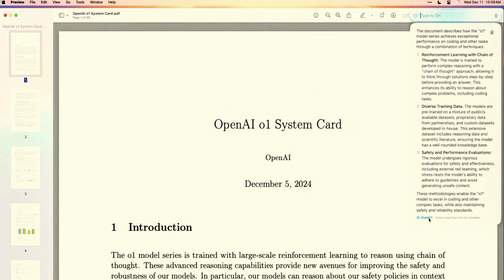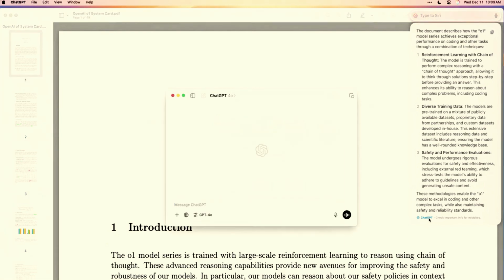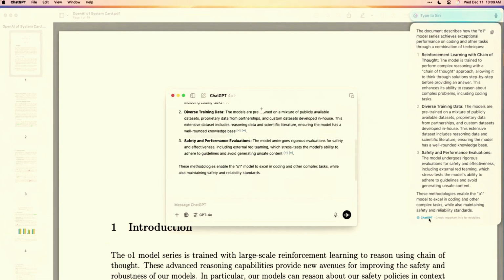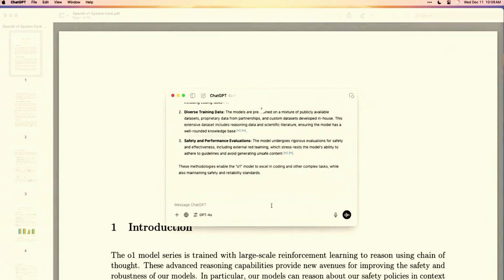McDonald showed earlier on the iPhone that if you tap this little ChatGPT button down at the bottom, it will open this in ChatGPT. And that's super cool because then I get to save it for later. I get to continue the conversation. I get to do more with it. So one of the cool things I might do now that I have it saved here and it shows up in my sidebar over there is,